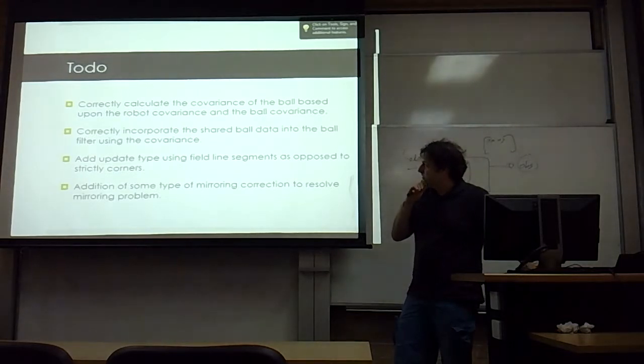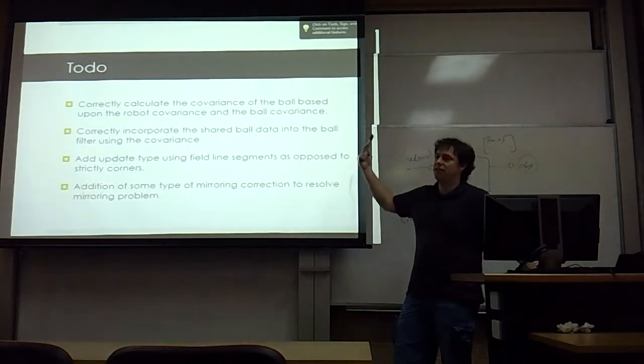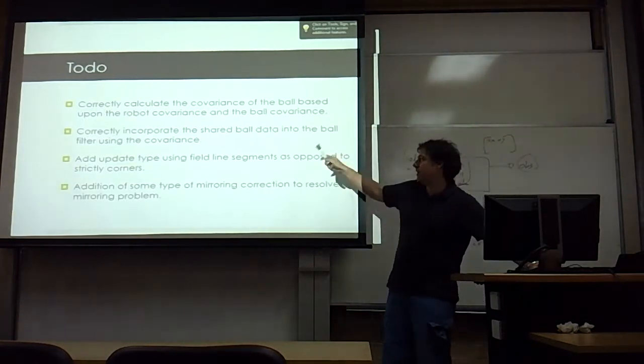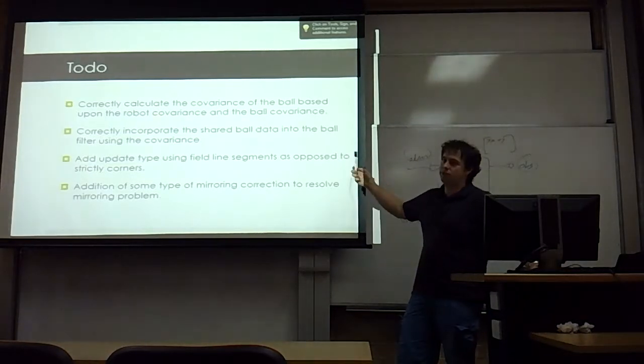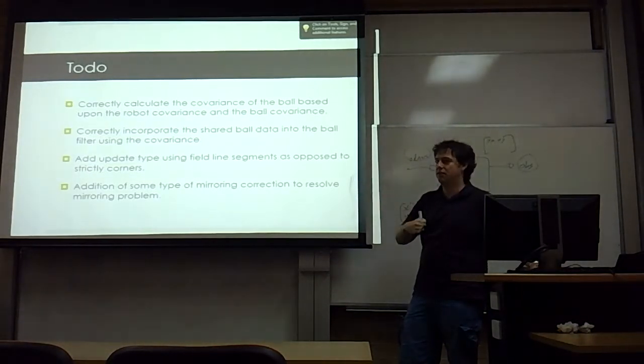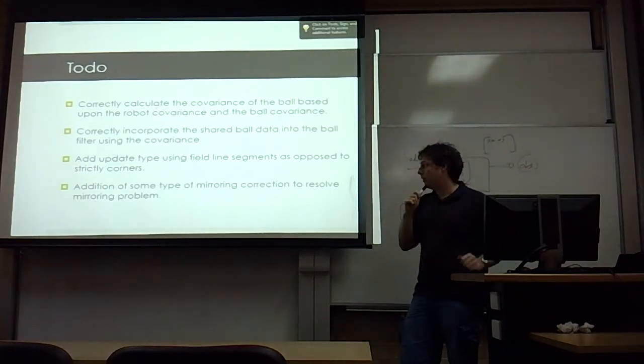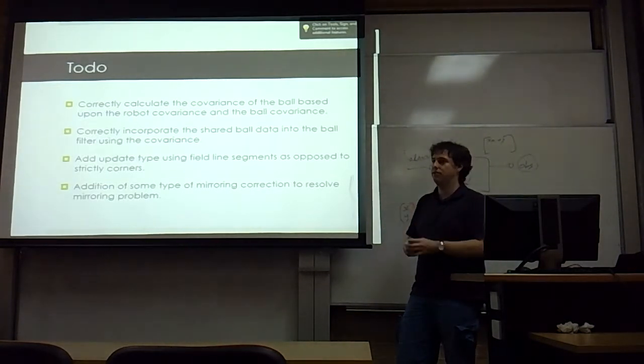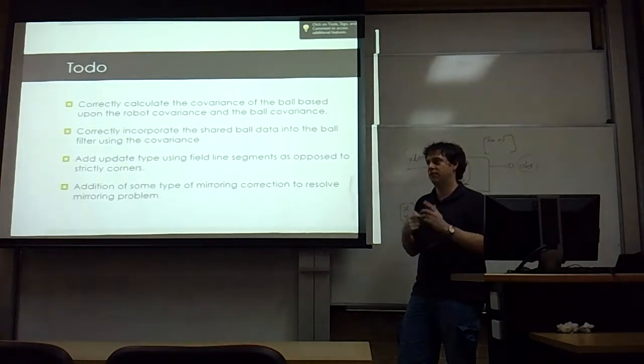A few things that need to be done still. Basically, the shared ball thing hasn't been done that well. It's a little tricky calculating the covariance because it's dependent on both the robot's covariance and the ball's covariance, because it's using the 2 models combined. And the other thing is incorporating that into the shared ball as well, because that's also dependent on the robot's estimate as well as the information you're receiving. Because the only way the robots can transmit the ball to each other is using the absolute field coordinates, because they're both based on the